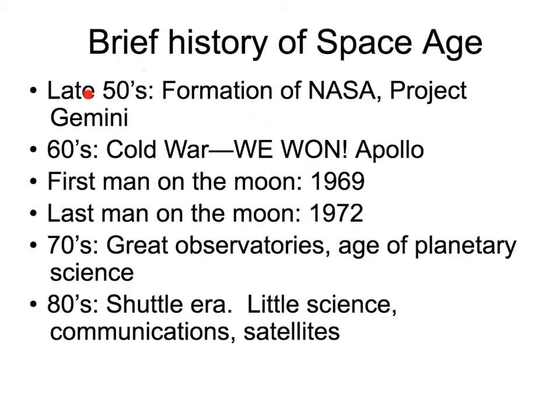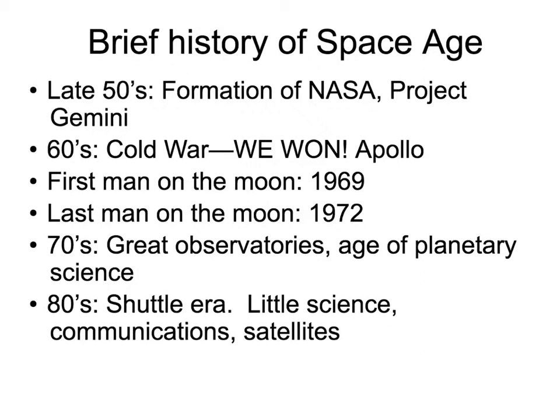So then in the late 50s, we had the formation of NASA. We had the development of Project Gemini, which paved the way for Apollo. The first Gemini astronauts were testing out the feasibility of actually sending human beings to space. Before that, they sent monkeys. Before that, they sent rats. There are many, many monkeys that went to space and a couple dogs. Gemini was what had to happen to just prove that humans wouldn't die when they actually left Earth's